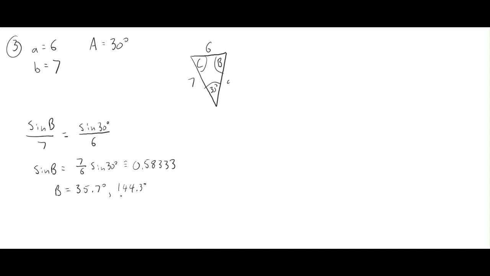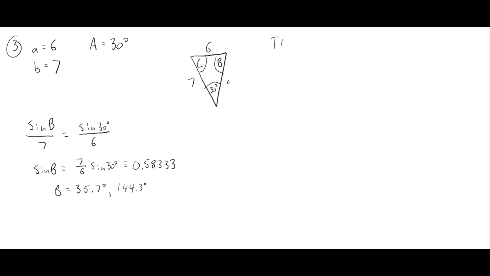So basically 144 plus 30 is less than 180, so that will still work. And 35 plus 30 is a lot less than 180, so that'll work as well. So that's actually two different triangles that have this information. And let's see what they are. So option 1,